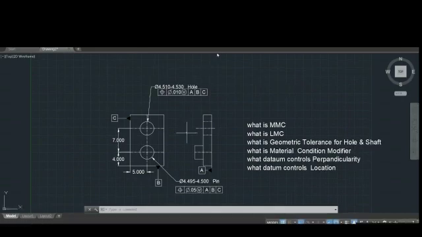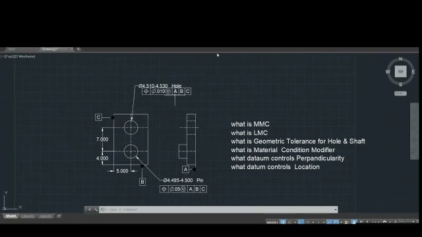The component will be mounted firstly on this face, the backside face. Then it will be mounted by means of this horizontal surface, and then along this side face. This sequence is important.